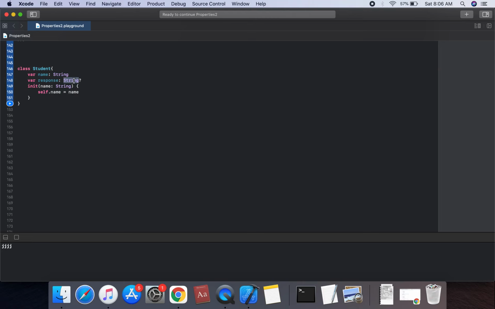This response is an optional property. The response of the student class cannot be known until it asks a question. So we can create an optional property as well.